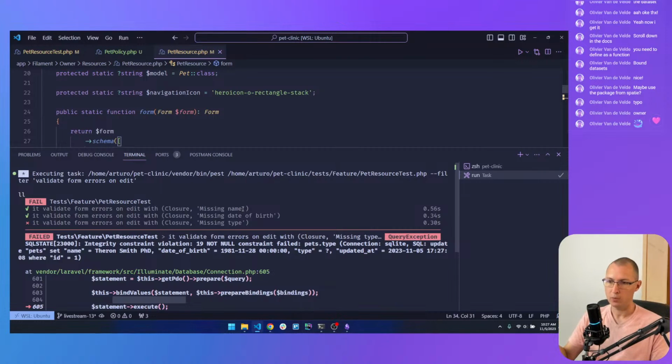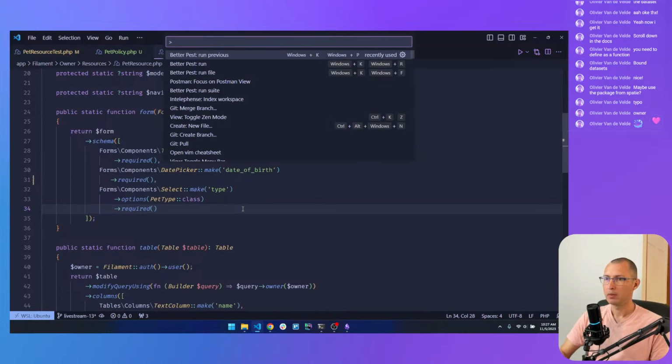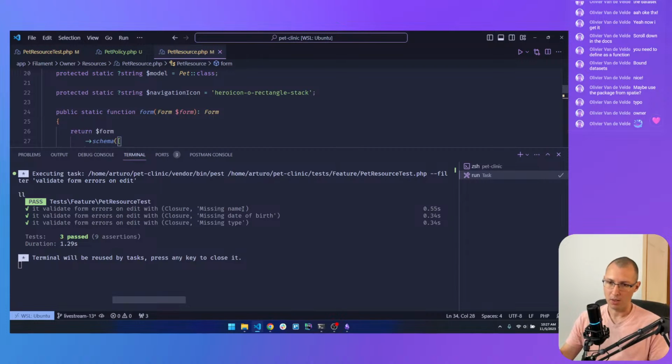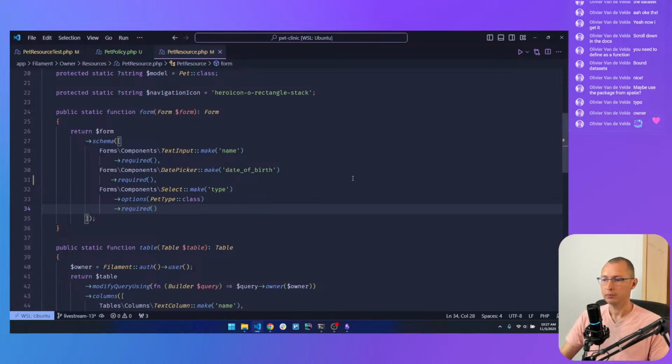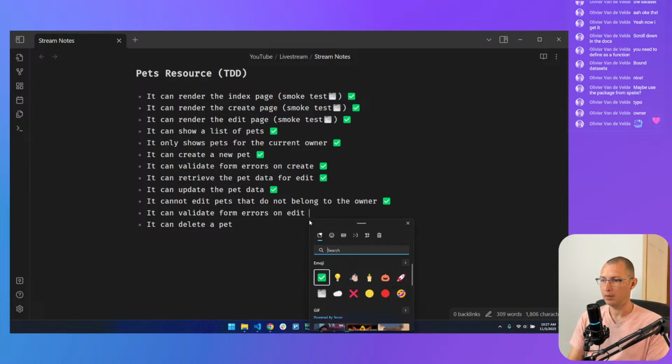All right, so we know that that passing test that we got before, it's actually true. All right, cool. Let's mark this as tested and passed.